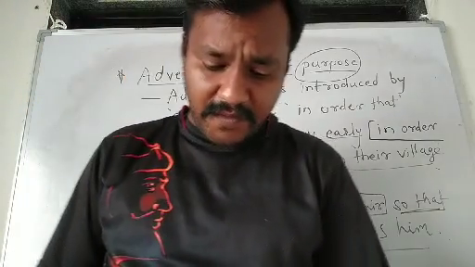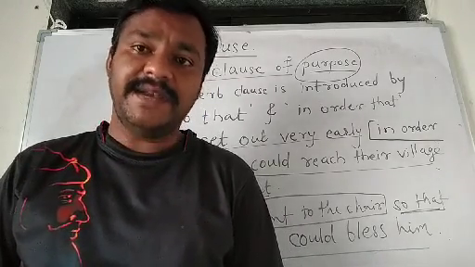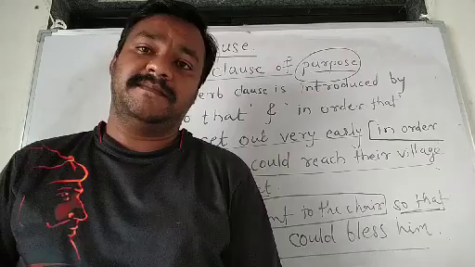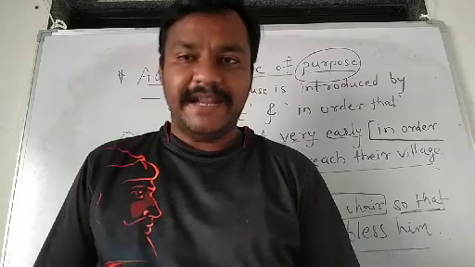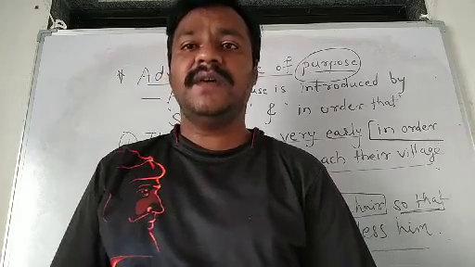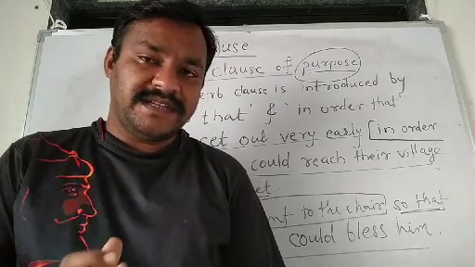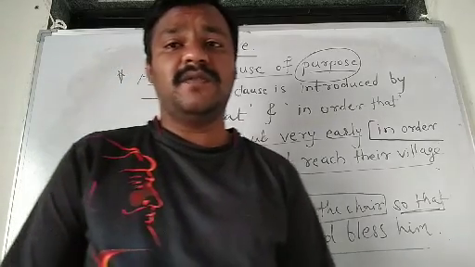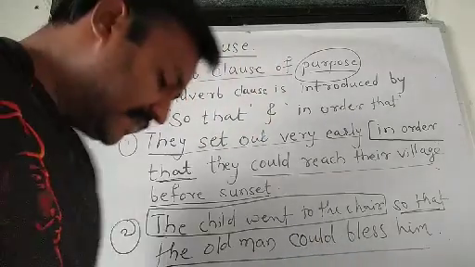One more example let me give you. They left the door open in order that he could hear the baby. One more time, I will repeat that example. They left the door open in order that he could hear the baby. "In order that he could hear the baby" is our adverb clause, and "they left the door open" is the main clause of the sentence. So we'll move towards the next type of clause.